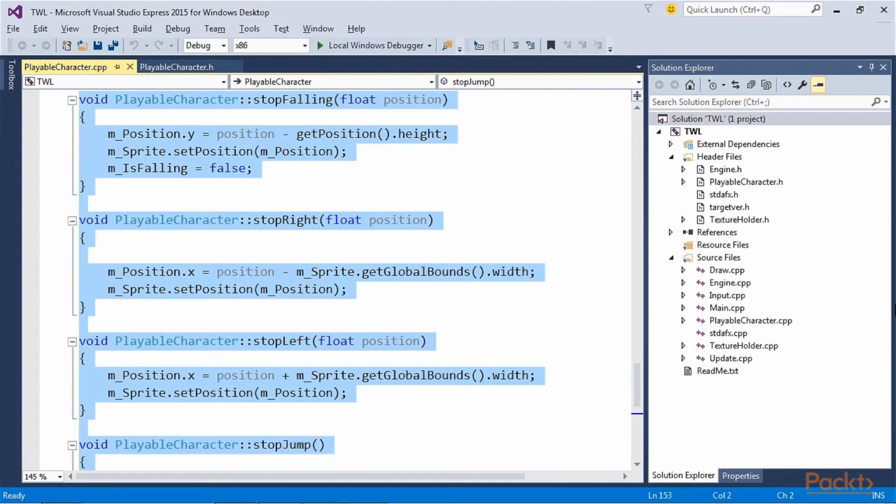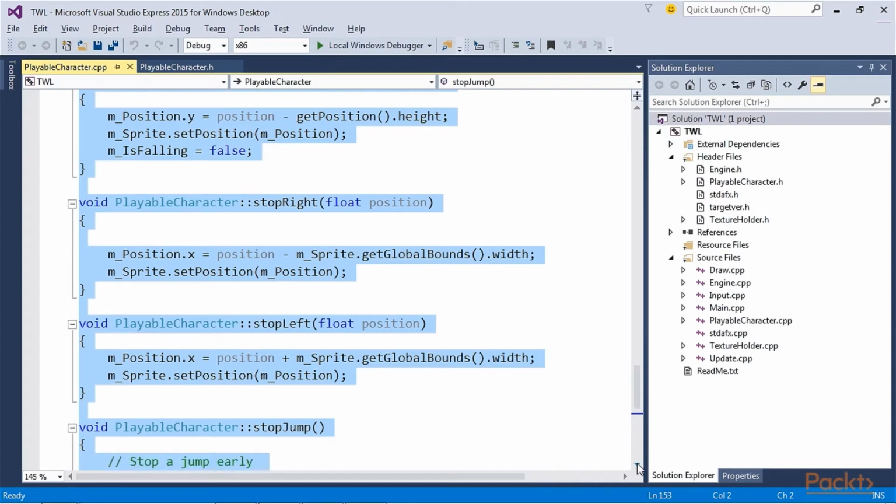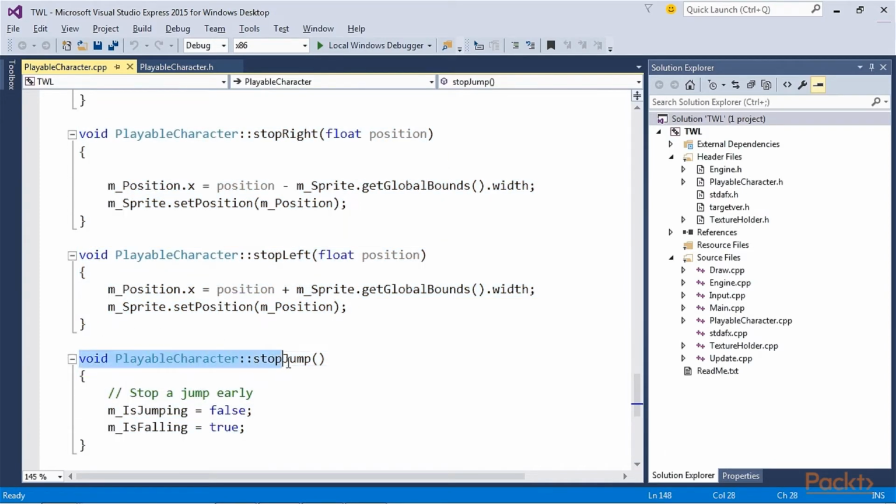Each of the previous functions also repositions the sprite. The final function is the stopJump function that will also be used in collision detection. It sets the necessary values for m_IsJumping and m_IsFalling to end a jump. Here we have set m_IsJumping to false and m_IsFalling to true.